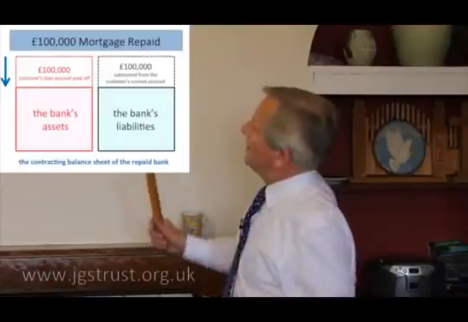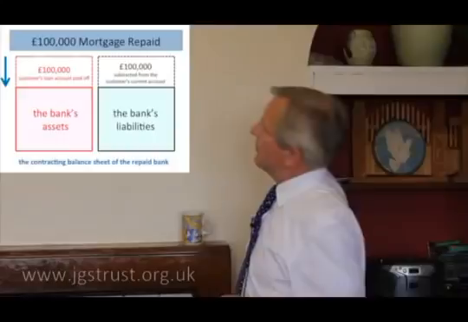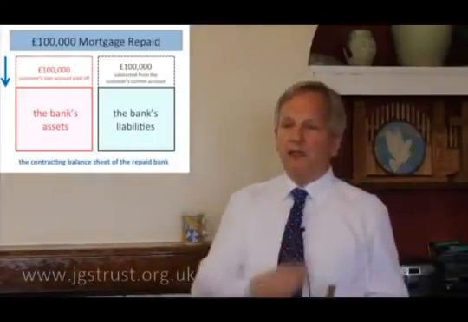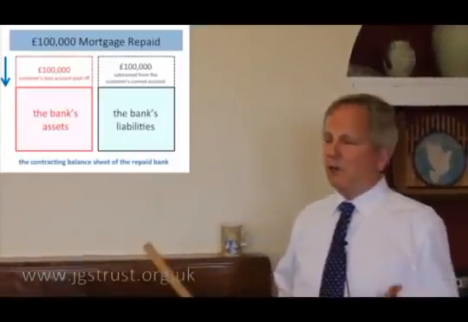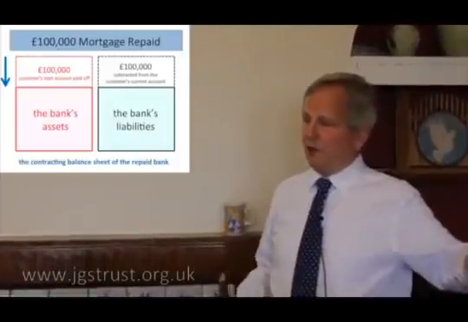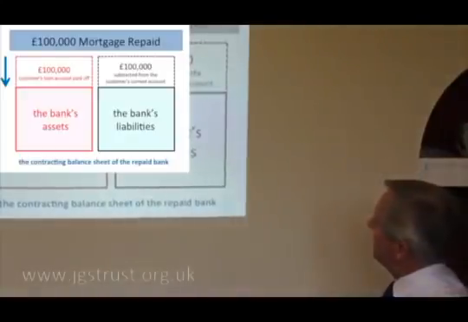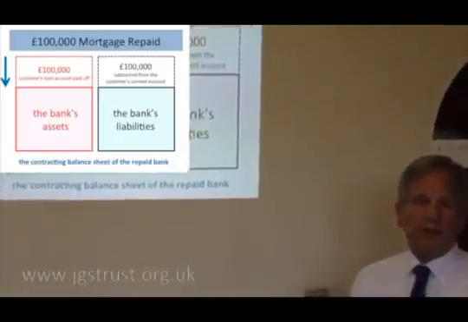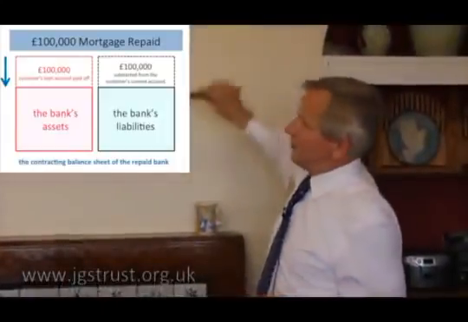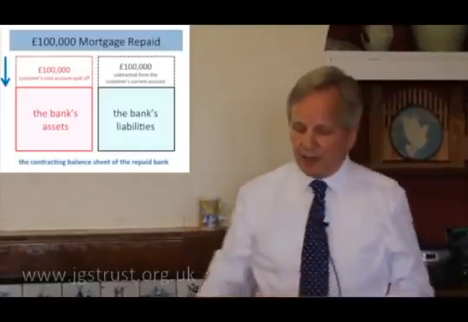So when the guy comes in with these 100,000, well, he probably doesn't these days, he probably does it electronically, but when this event of debt repayment happens, then the effect on the balance sheet is that the loan account is paid off, so it disappears. So obviously some historic record of it is kept somewhere, but in the day-to-day accounting of the bank, that loan has gone. And on the other side of the balance sheet, the customer's current account has gone down by 100,000. So we see the two sides now have shrunk, just in the opposite way to when they expanded when the loan was taken out.